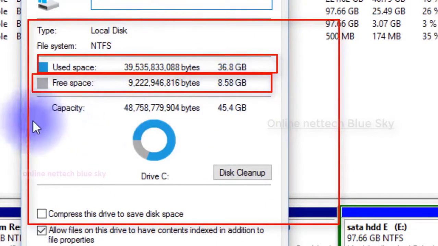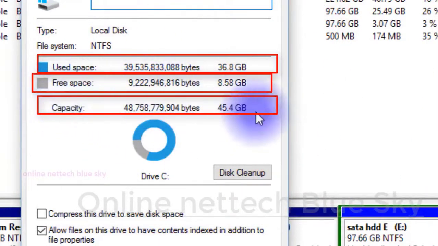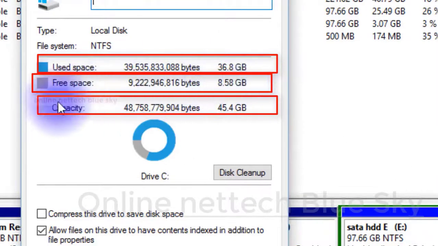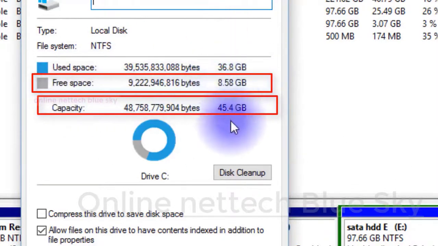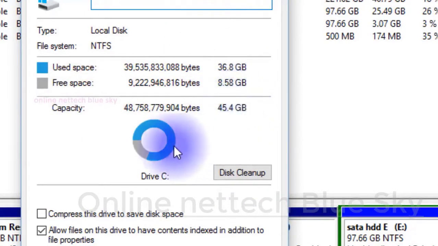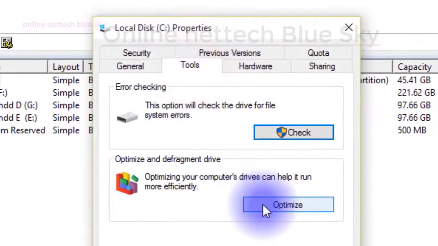You can see 36.8 GB used, total partition size 45.4 GB and 8.85 GB free. This partition is very important for my computer, because the Windows operating system and main data are in it. If you delete a file by mistake, the whole operating system may be corrupted and not start.